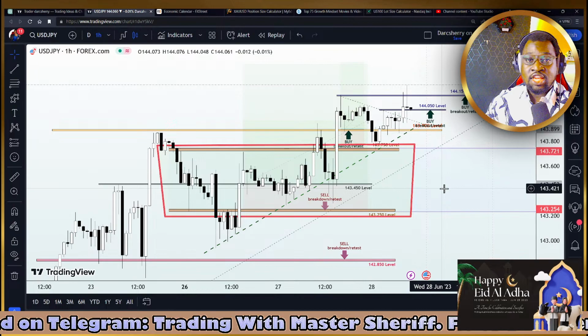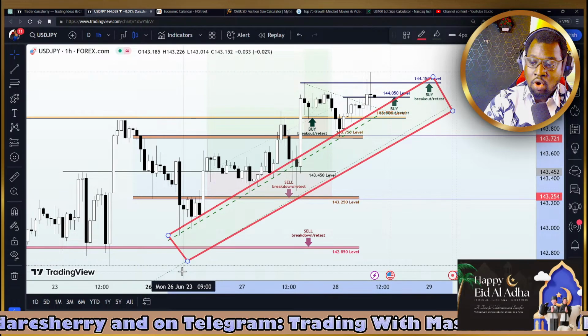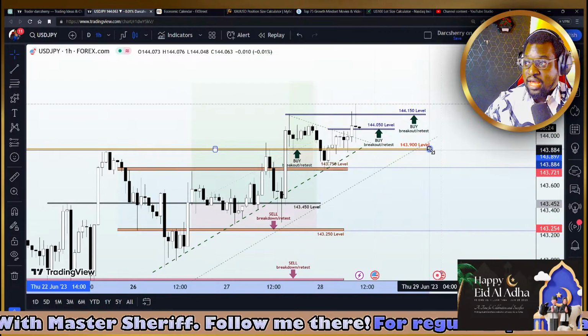We even have a couple of trend lines here that have been projecting more opportunities to buy the USD JPY. So we connected a series of higher lows yesterday, if you remember, and we had a bullish trend line. And what we agreed yesterday is that as long as price remains above this trend line, we shall feel comfortable in a buy position, while we also look out for more opportunities to buy the USD JPY. Now, in the last couple of hours, since the early hours of today, we've seen price action finally break out of the